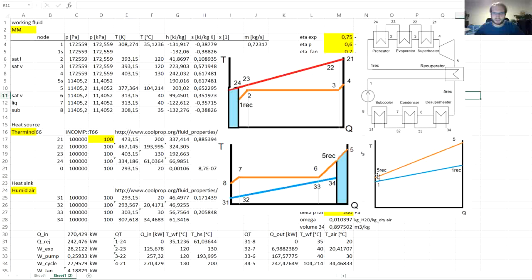Now what will be the impact of the recuperator at the heat input and heat output? So we save some of the heat from the heat input from the preheater. So basically we cut off the left part of the heat exchanger in the QT diagram, because after the recuperator the liquid working fluid is at higher temperature, so that does not extract so much of heat from the heat